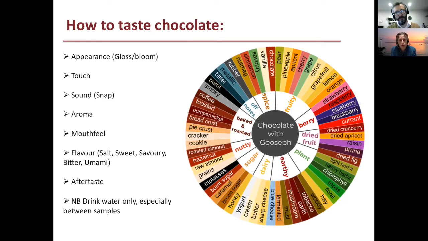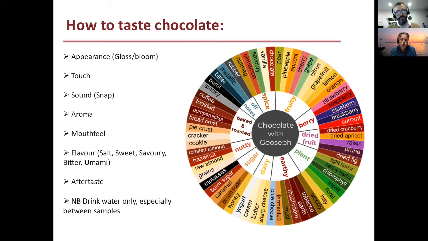When we get the chocolate into our mouth and let it melt, you'll start to see some flavor coming through. Now, a really good chocolate may well deliver more than one flavor. You may get an initial flavor, then a subsequent flavor and an aftertaste. And if you're getting that succession of flavors, that's a sign of a good chocolate. The tasting wheel on the right groups together some of the flavors commonly encountered in chocolate. And in the middle, we've grouped them together into the major categories. Some of them may sound a little fanciful, but I really have tasted chocolate that tasted of tobacco. So some of the more outre terms still apply.